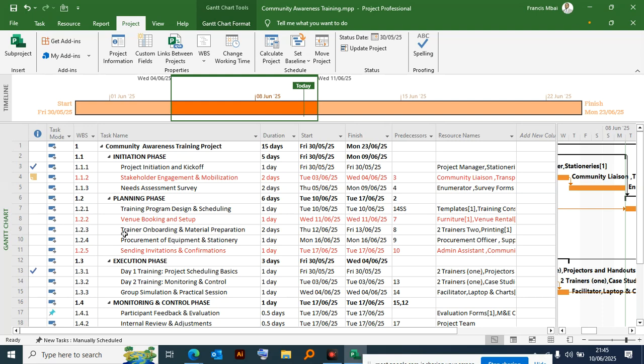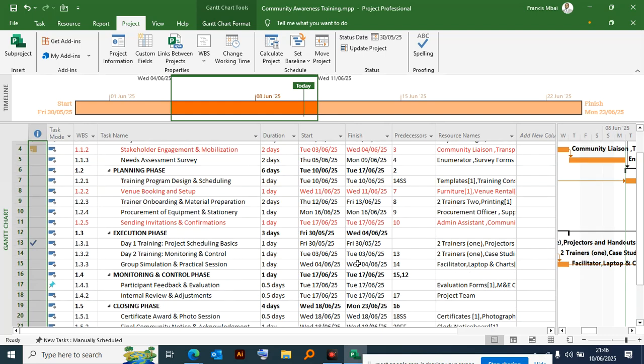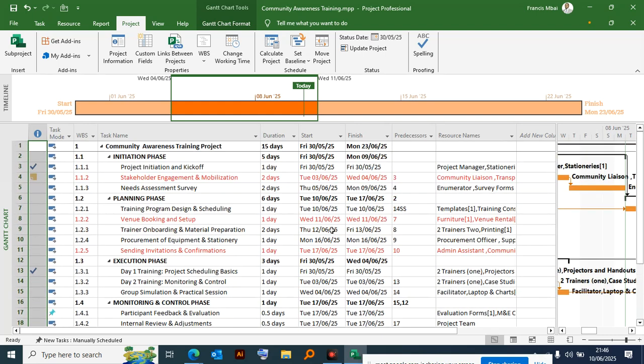Yes, you hit OK. All right. So let me just go and check whether there are texts appearing. Project initiation and kickoff. I don't know how it has selected those ones. Maybe it's then day one training, because you have updated your project. Okay. You have already updated your project, and we are past now. So if you look at these dates,